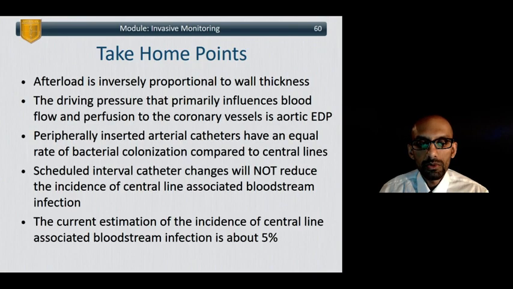So these are my take-home points from this lecture. Again, by now if you're taking this exam, you are very well acquainted with invasive lines and invasive monitoring, and we spent a lot of time talking about this for the Part 1 exam as well. That's sort of deliberate on my part because the Part 1 exam is given well after most of you have already started subspecialties. So I think a little redundancy is okay